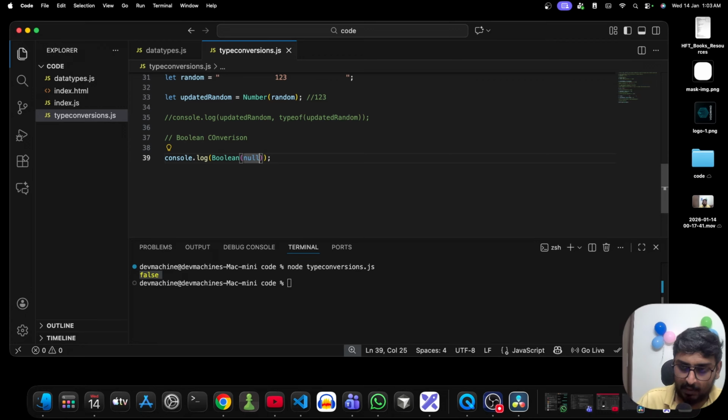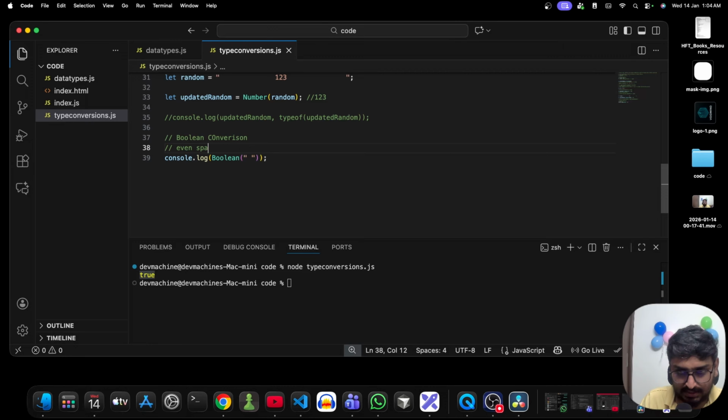If I have something known as an empty string like this, just an empty string with no data in between, and I want to convert that empty string into Boolean, you'll still get the value as false. But if you have one single space between these quotes, and I want to convert that into Boolean, you'll get true. You might be asking, Nitin, but this is still empty, you don't have anything. So one very important thing we need to understand is